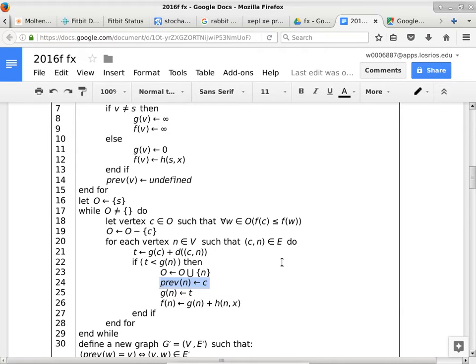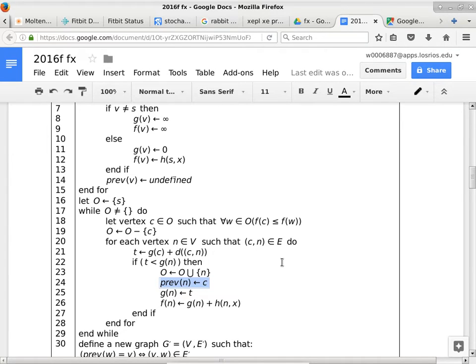If you have gone through linked list in your cisp440 class, this is basically a pointer going backwards, okay? Who got to me? Who led to me? In this case, n has a previous of C because we found that this path is shorter than the path that we have already explored before. Is that okay? How about the, yeah, go ahead.